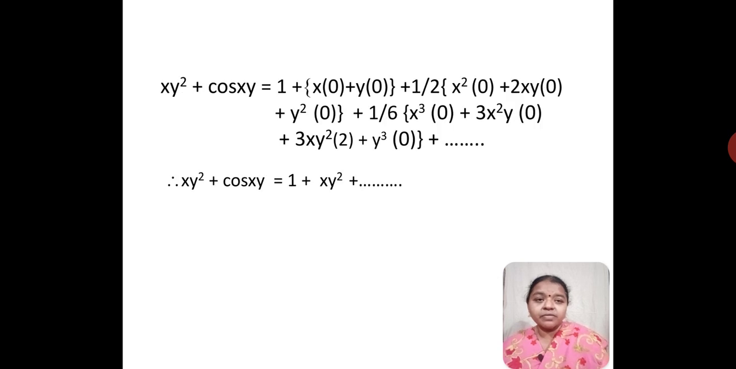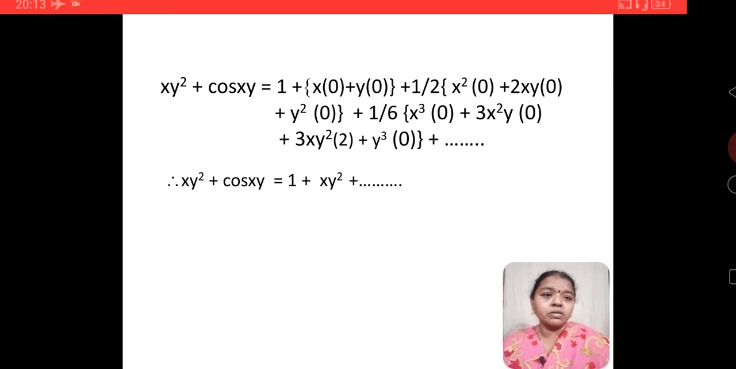Now substituting the values, we will be getting it like this. Our function is xy square plus cos xy, that's equal to 1 plus. Now let us substitute all the answers. So after substituting all the answers and simplifying, you know 3 factorial is 6. So outside for the third term you get 1 by 6. Only one term is here, as 3xy square into 2. So 1 by 6 into 6xy square term you get. So 6 and 6 get cancelled. Hence our answer becomes xy square plus cos xy is equal to